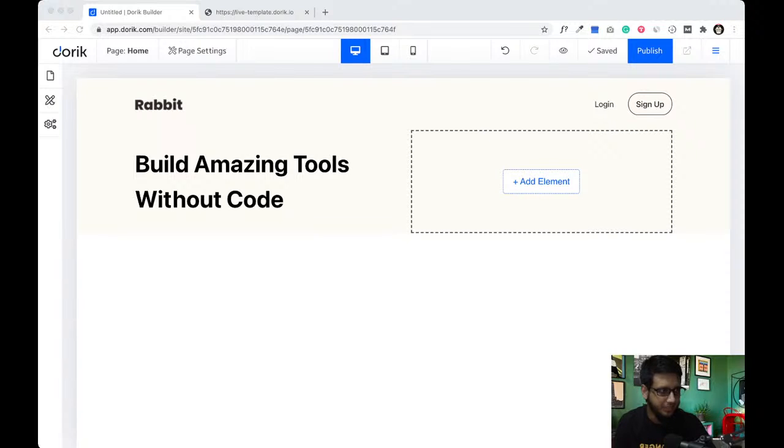Let me just change my screen. I'll just switch it to my display. Screen display capture.